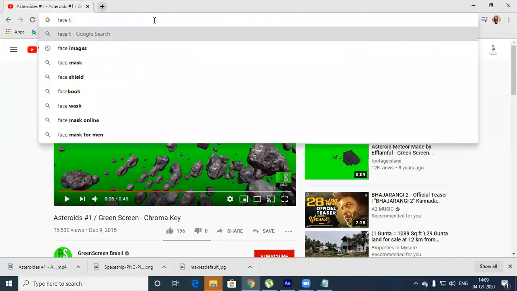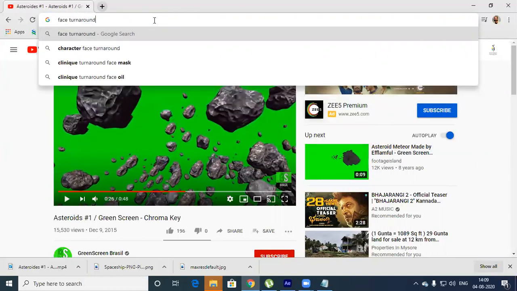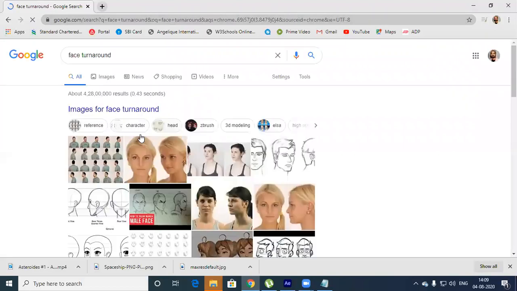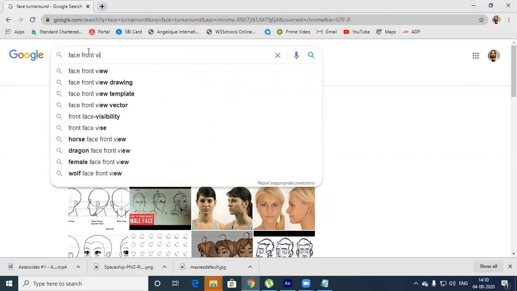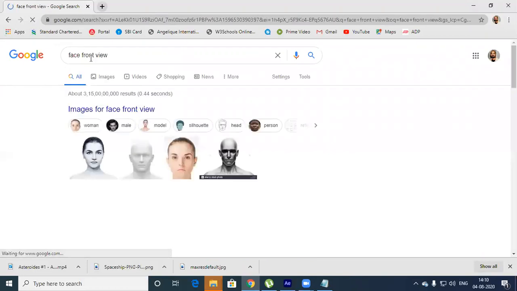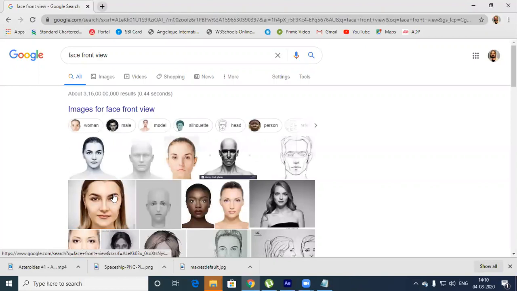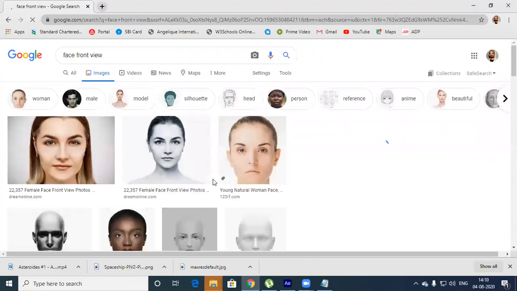For example, face turnaround images, you can take. So there are two different people. Front view, side view you can take. For example, you take a face front view, something like this.